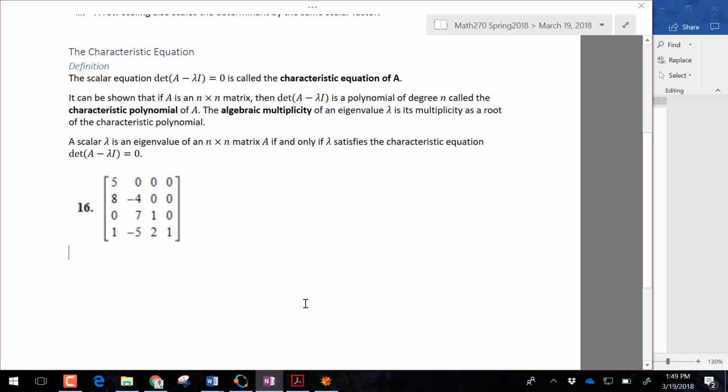So here's an example. We have a lower triangular matrix. The determinant of any triangular matrix, remember, is just the product of its diagonals. So what we want to do, if this is A,